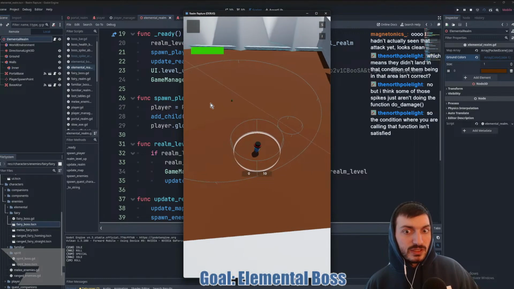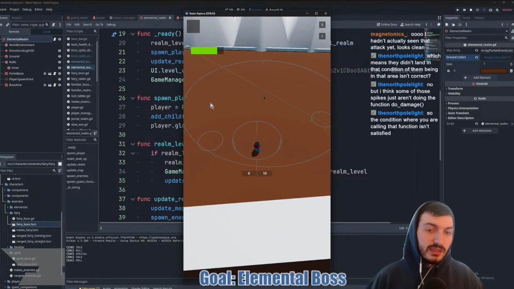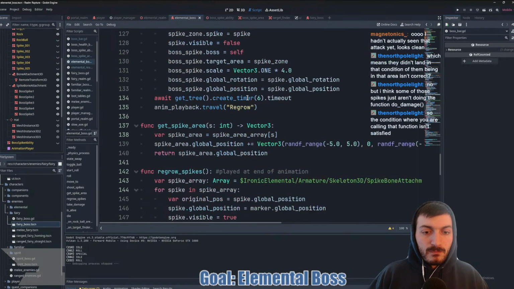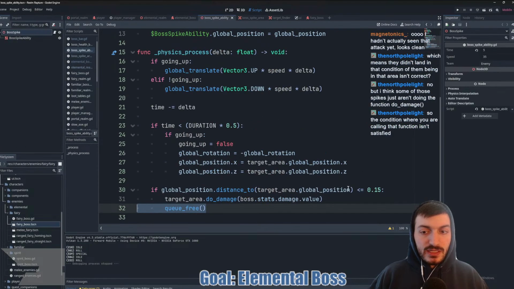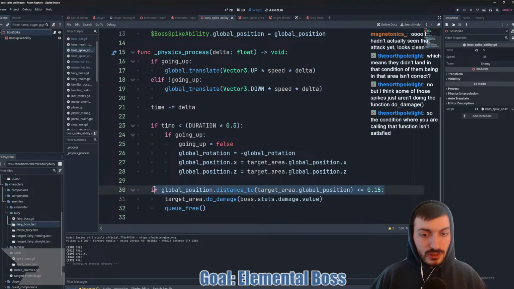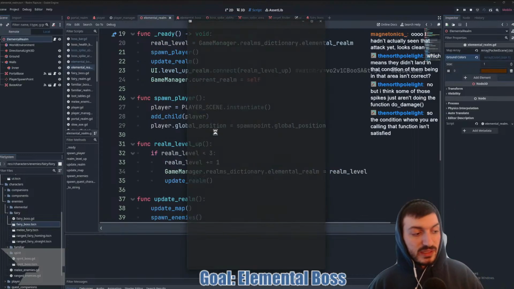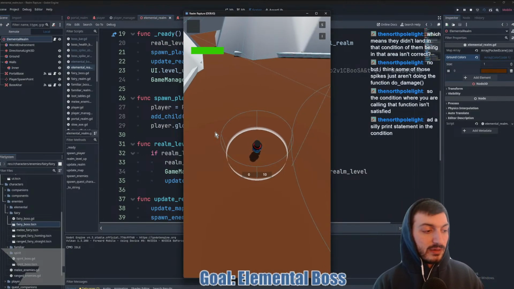This one didn't do damage. But it landed. And you're saying the condition isn't satisfied, but this is the condition. So let's try 0.25 maybe. Maybe the condition isn't being satisfied because it's running through the ground.